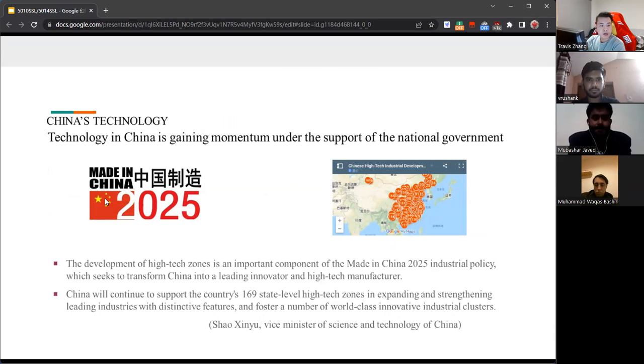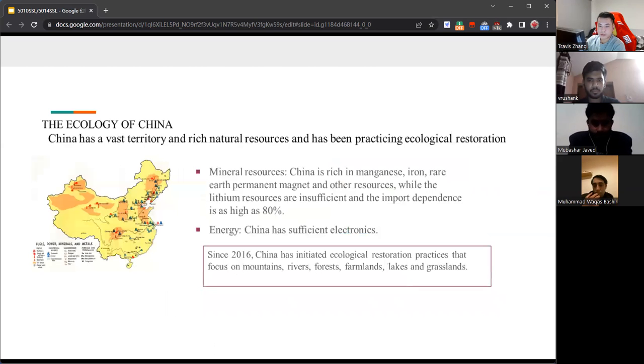So the technology part. Technology in China is gaining momentum under the support of the national government. China has initiated a strategy plan called Made in China 2025 and established 169 state-level high-tech zones to foster an enabling environment for innovation. In terms of China's